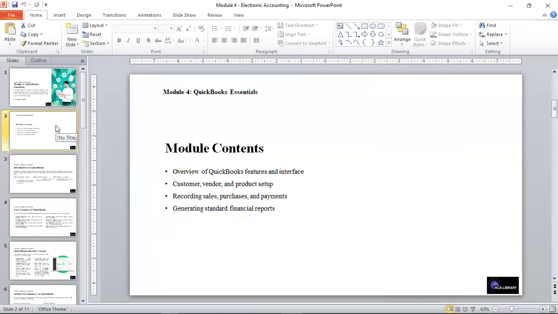And for the module, we have an overview of QuickBooks features and interface, look at the customer, vendor, and product setup. We also look at recording sales, purchases, and payments. And lastly, we look at generating standard financial reports using this